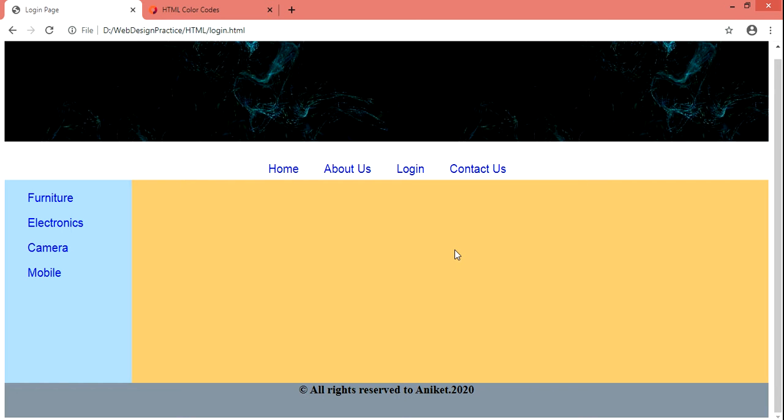In previous tutorial we have added left panel, arrangement for main content and the footer part. Now in this tutorial we are going to add a main content as we are adding login page. Okay. Now quickly I will add